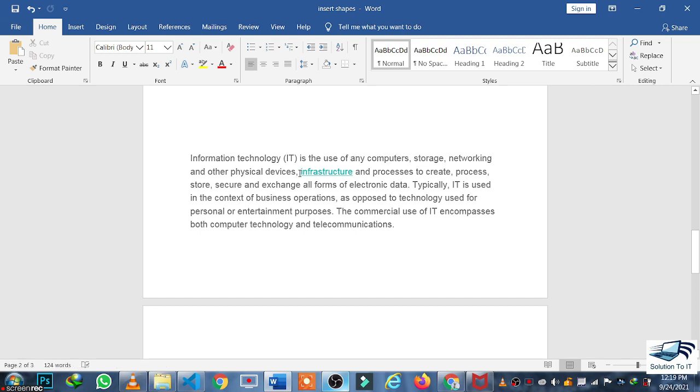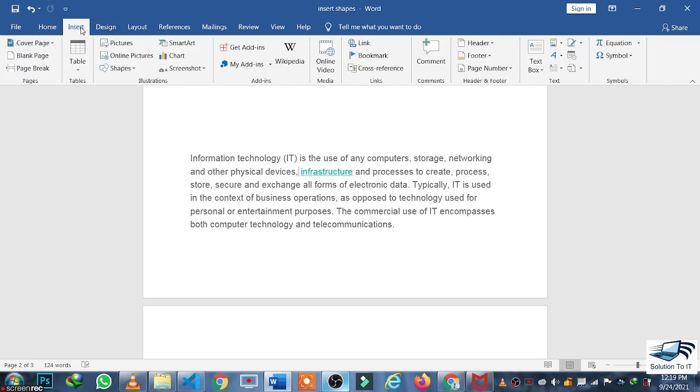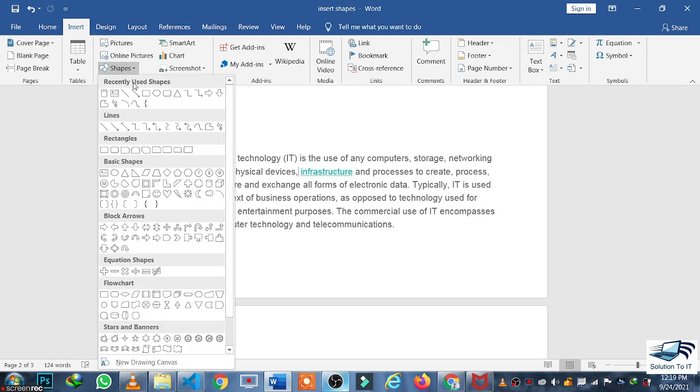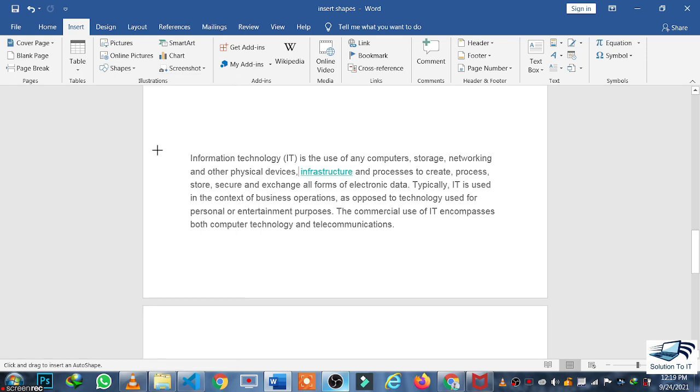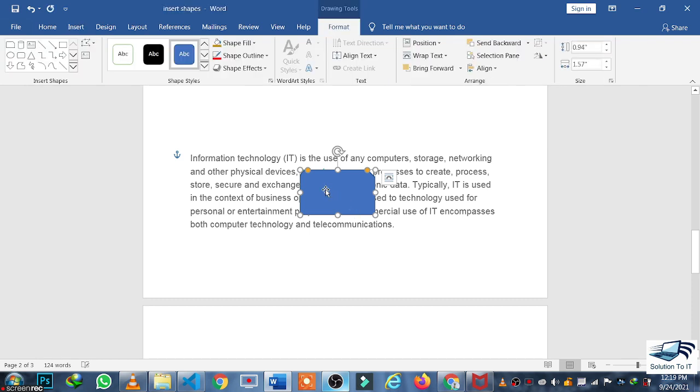Now I want to insert the shape. I will go again to the Insert tab, and there is the option of Shapes. I am drawing the shape. As you can see, I have drawn a shape.